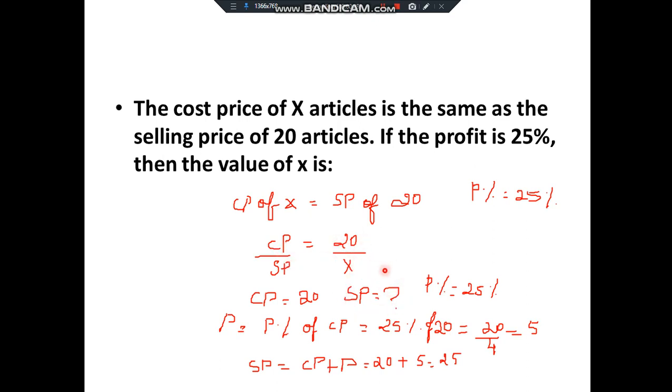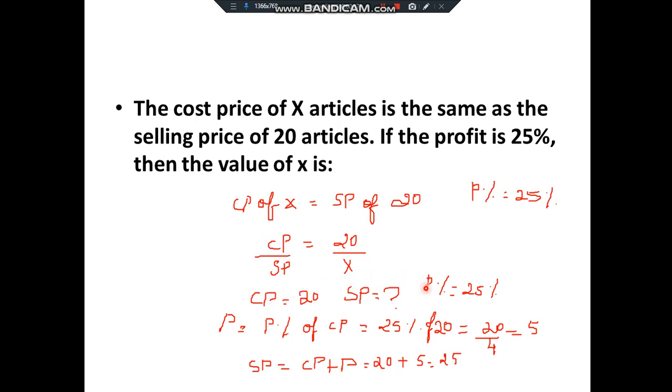That is the question. Okay, they have given profit percentage is equal to 25%. So CP is 20, profit percentage is equal to 25%. We have to find SP. For this only I told you to watch the previous video, because when this condition is given, how we will find SP I have told you in the previous video. The same format we will use here. Okay, so if you have missed it, watch it and come here.